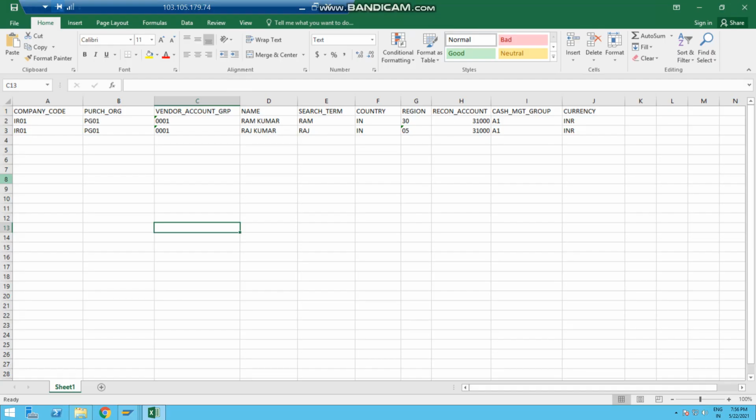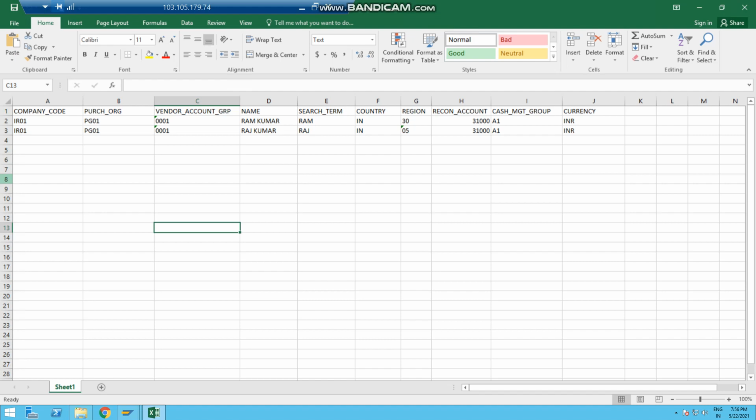So looking at the vendor master creation, I have recorded some 10 fields like company code, purchase organization, vendor account group, name, search term, country, region, recon account, cash management group, and currency. So in this format, I'll create the Excel file, or the Excel file will be provided by the legacy system owners in this format.